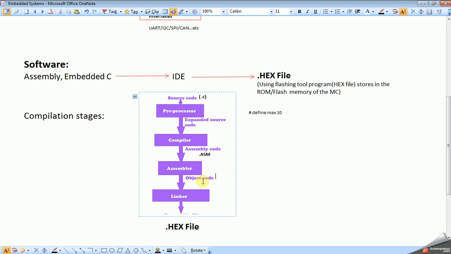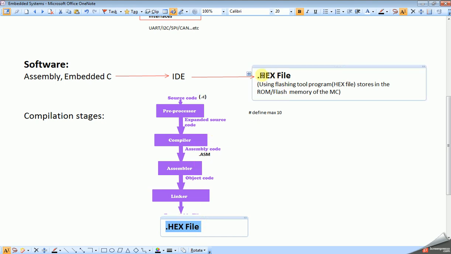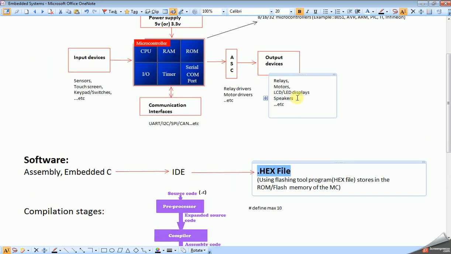The output file format will be .obj, and all the object files will be given to the linker. Here all the object files will be linked, and then converted into a .hex file. So finally we got the .hex file.